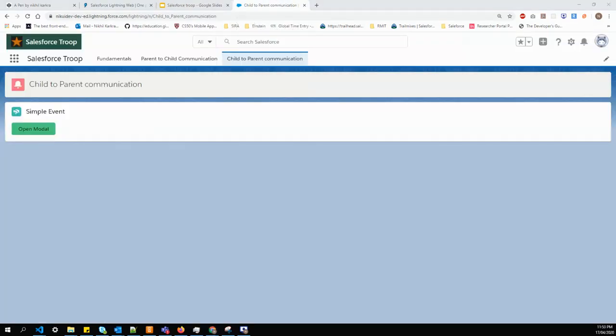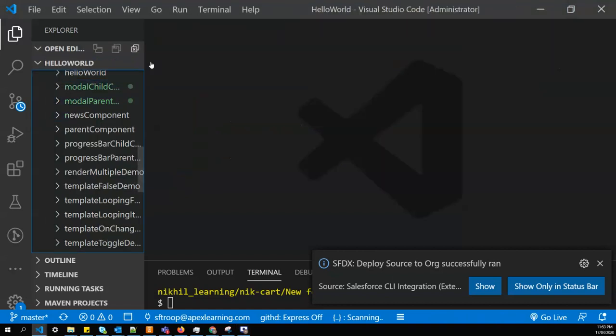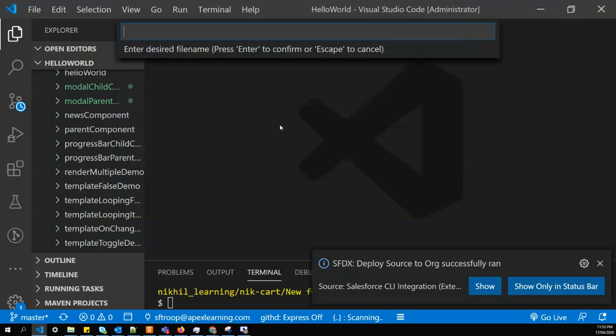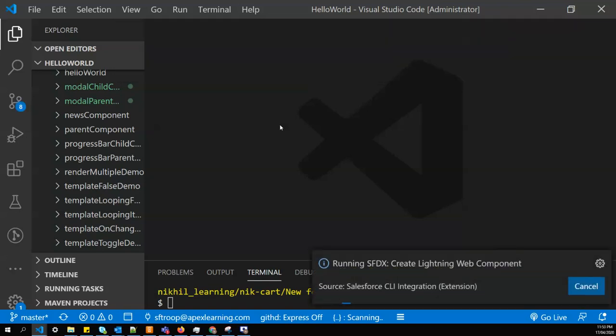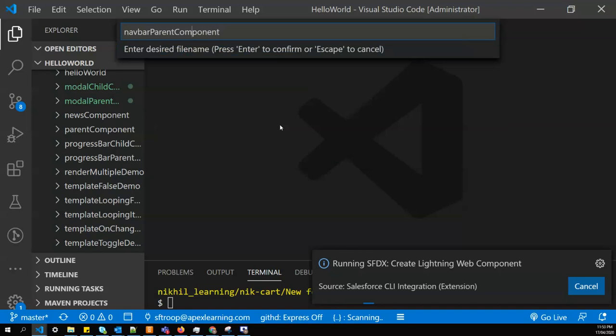So let's go back to our VS Code. Let's close all, and we'll create two new components. This time our component name is navbar parent component, and the other component name is navbar child component.